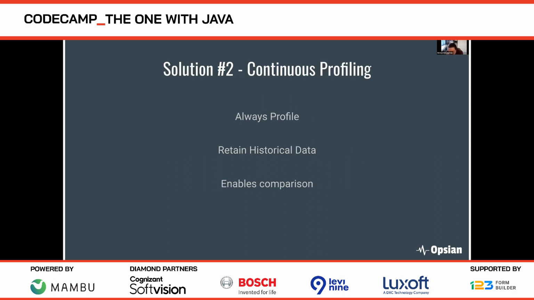And the solution to that problem is continuous profiling. So continuous profiling means, one, always be profiling your production system. So just run it. When it's low enough overhead, you can just run profilers all the time. You'll get that data. You'll love it once you start doing it. Retain that historical data, so keep it stored somewhere, keep it indexed. And that means you can compare data. You can look at different versions of your software. You can look at data for these weird one-off things that happen once a month. You can slice and dice to just those points in your system where you had those performance problems.